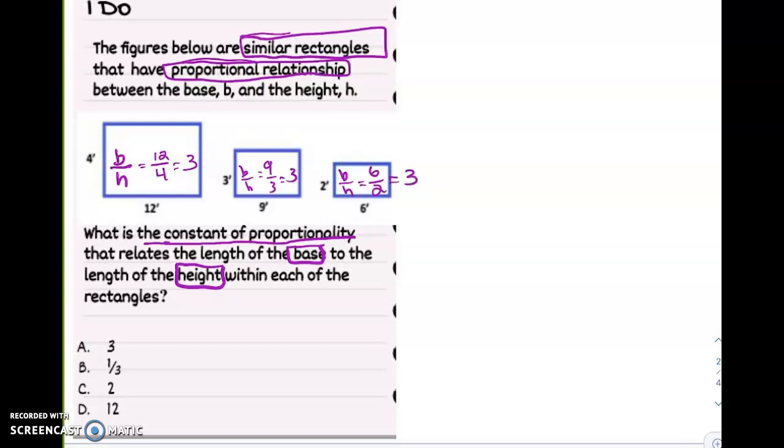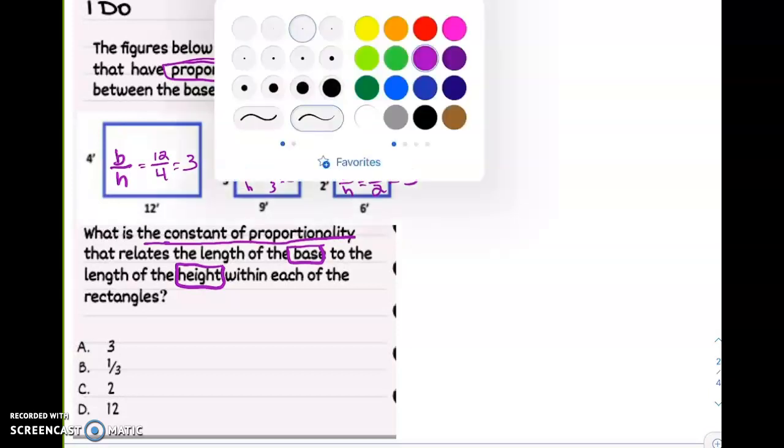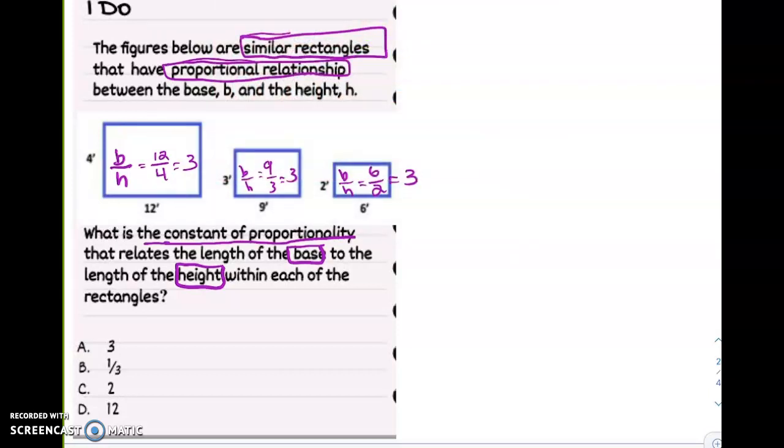So we know that the constant of proportionality that is shared by all three rectangles is 3, 3, and 3. So our answer would be